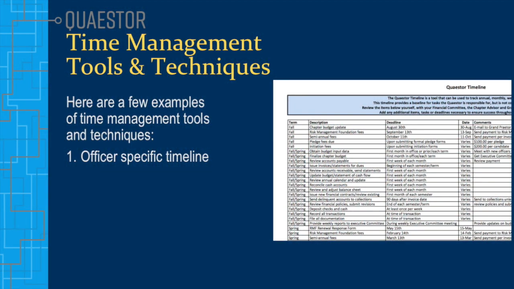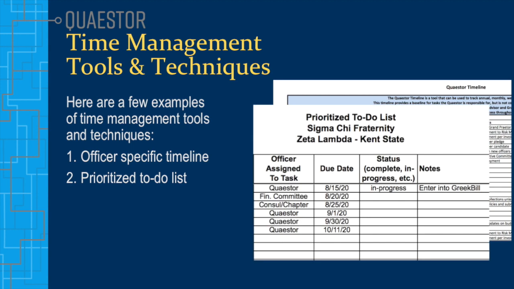Another time management tool available to you is the Prioritized To-Do list. The goal of the Prioritized To-Do list is to ensure you are always working on the task or tasks that are most significant, urgent, or will have the largest impact over time as they relate to your position and to the chapter as a whole. The ability to prioritize your tasks will increase your effectiveness, reduce rework, reduce stress, and give you the opportunity to maximize your workflow. The functionality of the Prioritized To-Do list will become more valuable as your list of tasks grows.